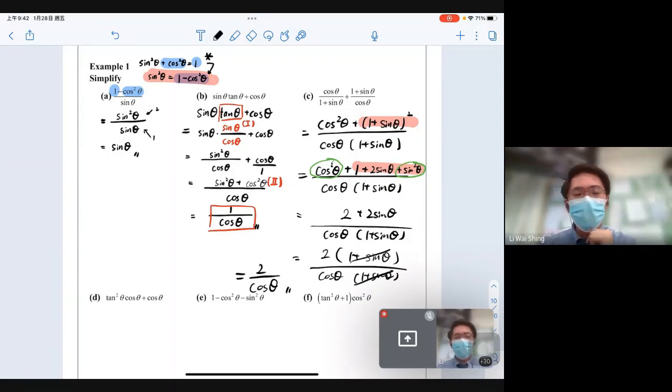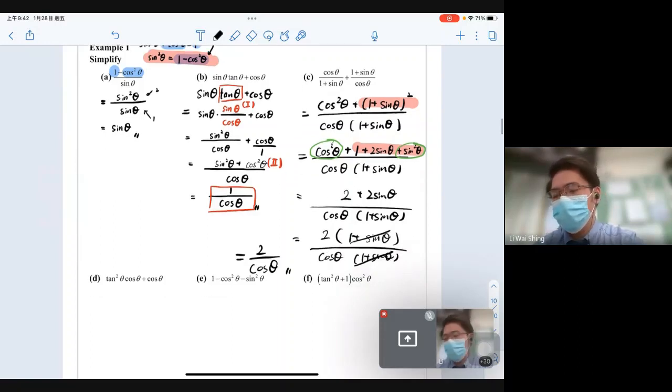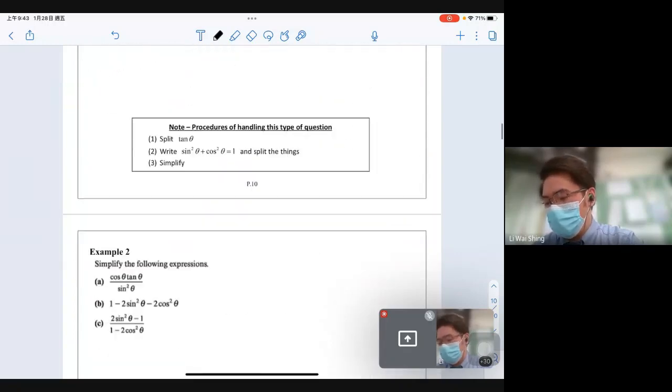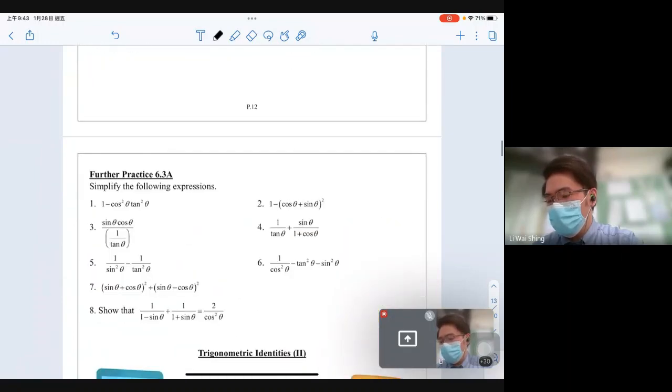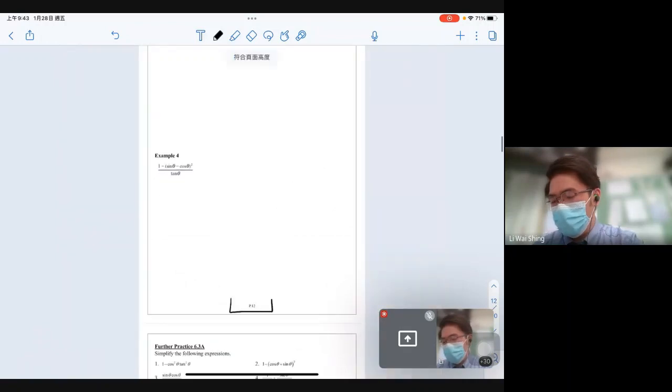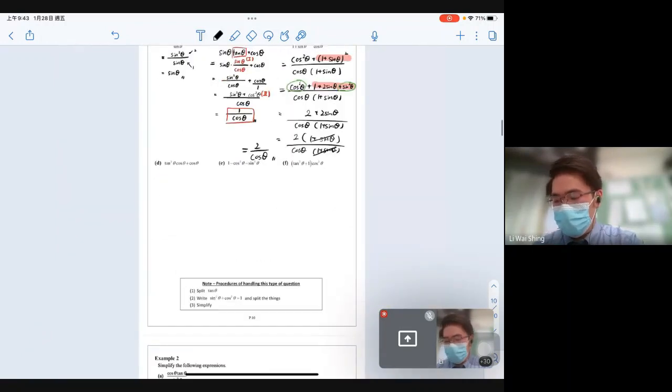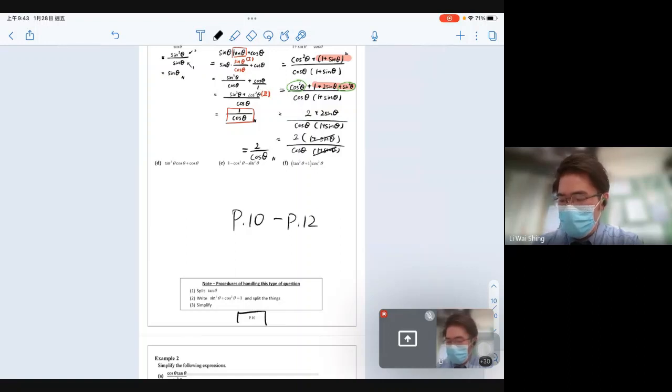If no, then in the Chinese New Year holiday, I want you to do the practice. I want you to try to use this kind of identity and finish the questions. Do the pre-lesson work up to page 12 of your notes. So it's very easy. From page 10 to page 12 as your pre-lesson work in the Chinese